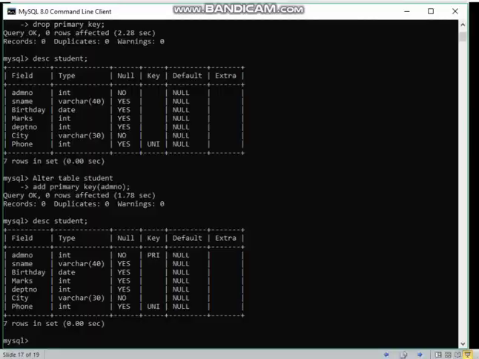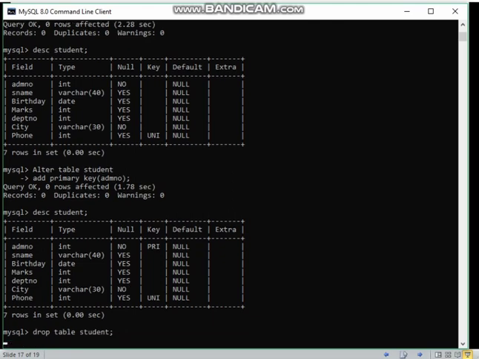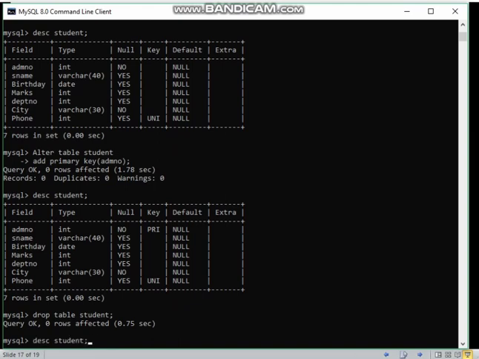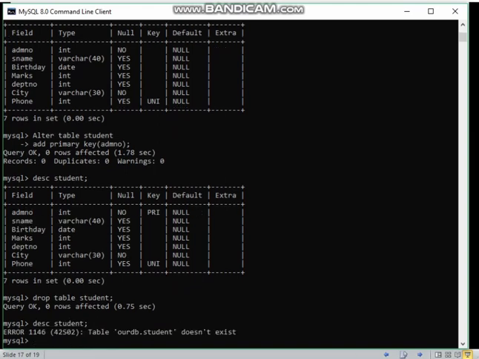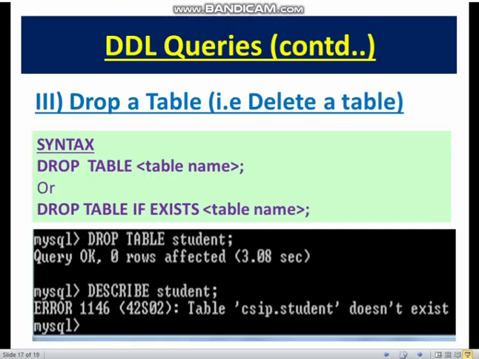Let us see practically over here. If I drop the table student, query okay. Now let us see whether it has been dropped or not. Yes, very good. Congratulations, you have dropped the table. Our DB is the name of the database and this is the name of the table which you have deleted. So this is the way you work with DDL commands.